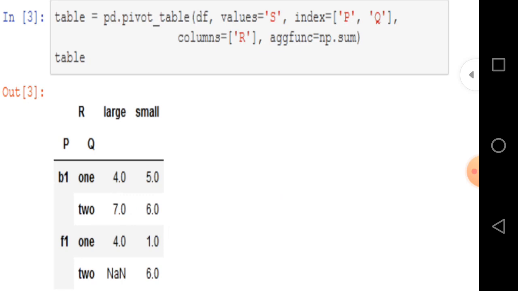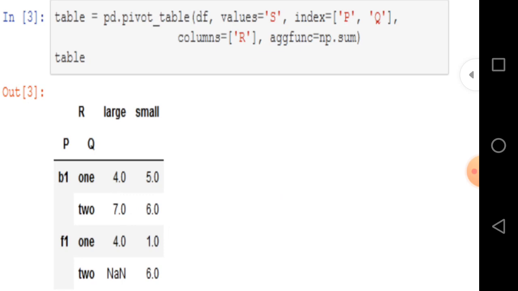By default it is mean. If we don't mention it, then mean will be taken. So values are denoted by column name S, index is denoted by column names P and Q, columns is denoted by R, and the aggregate function is np.sum.